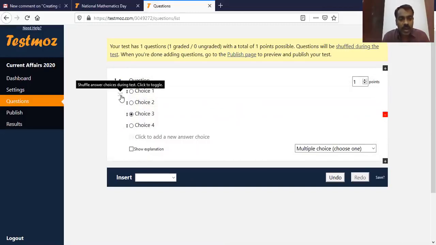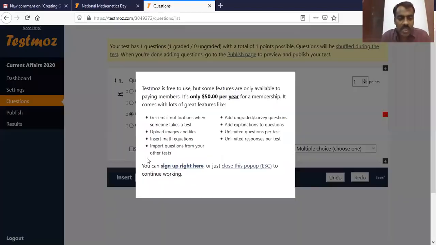Now here there is an option. If we take here, shuffle answer choice during test. So if we click on this, this means whenever somebody takes the exam, these questions, options will be shuffled. And here we also have an option called show explanation.